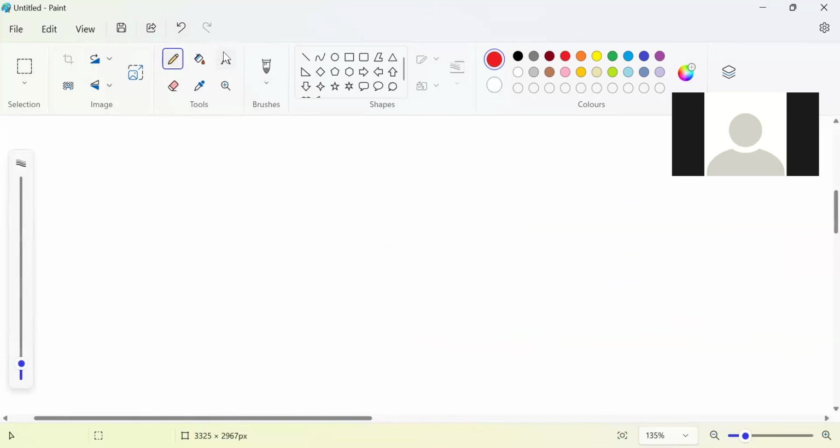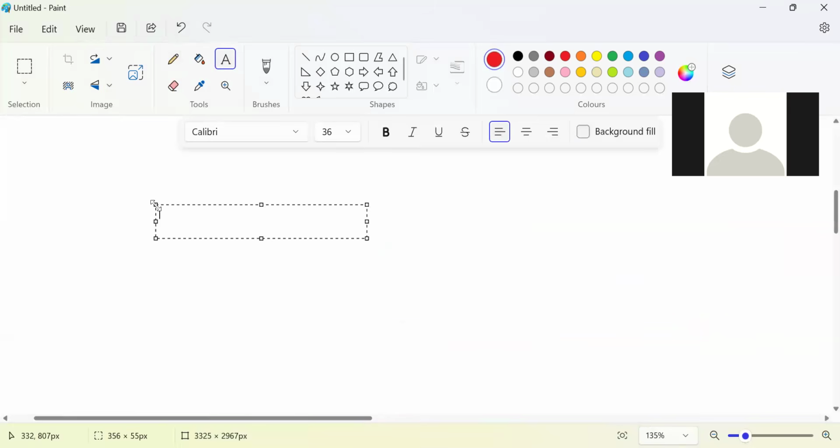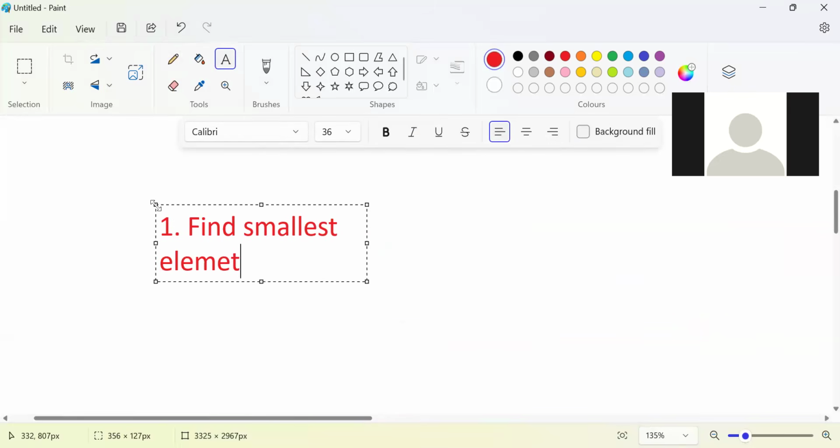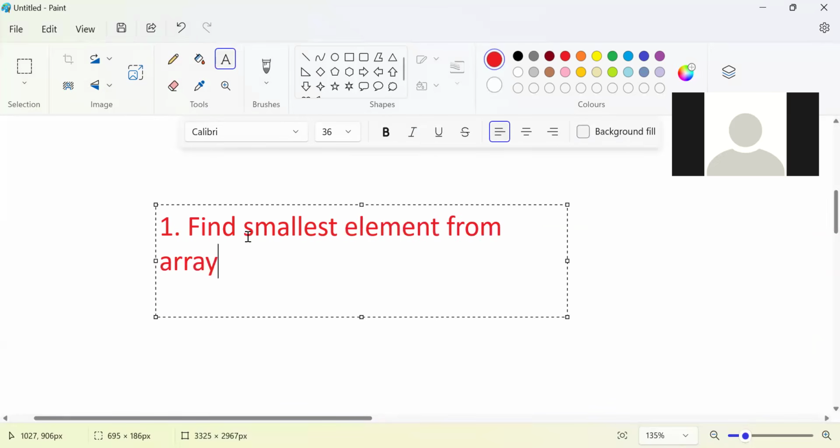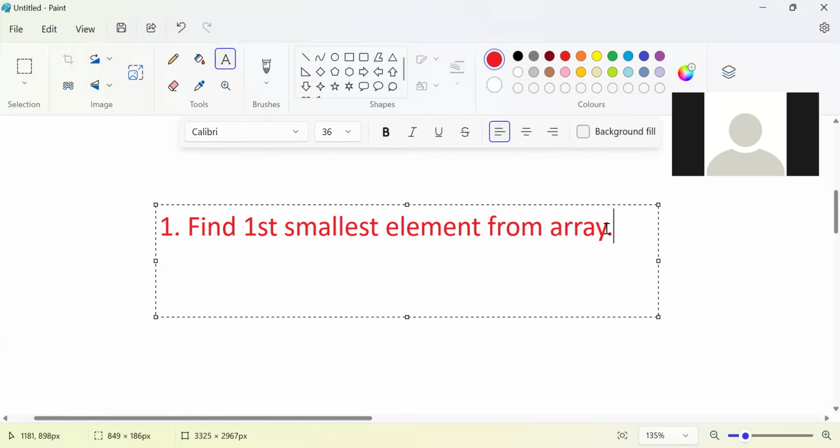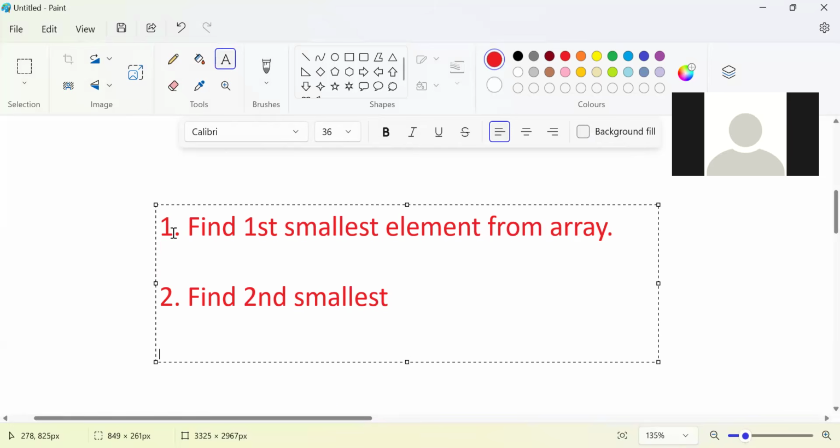Now, let's try to write the pseudocode for this. What is the first step, guys? Find the smallest element from the array. From the array, we need to find the first smallest element. After that, find the second smallest. How will we find the second smallest? The first smallest we will simply take in a small variable and update with the values. So the first thing we need to do is find out